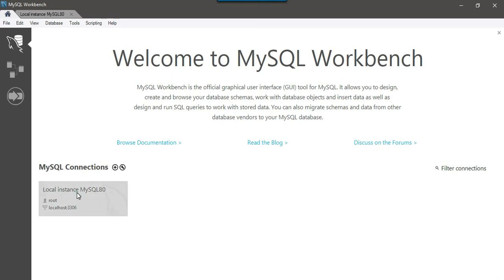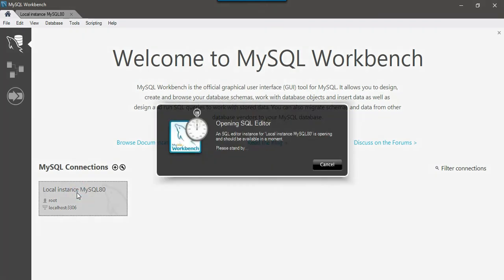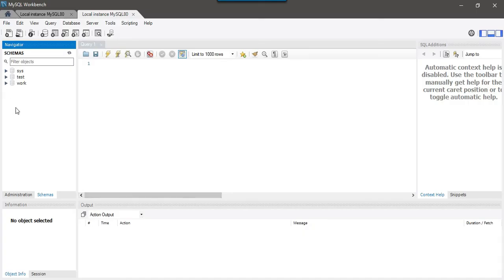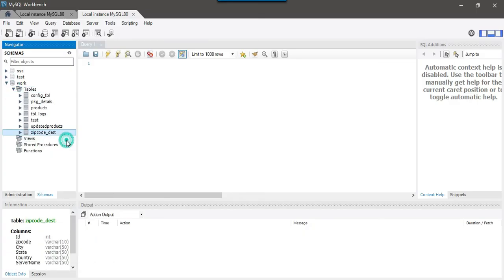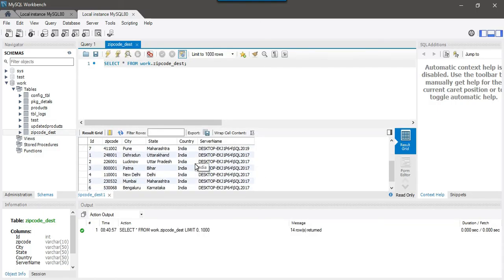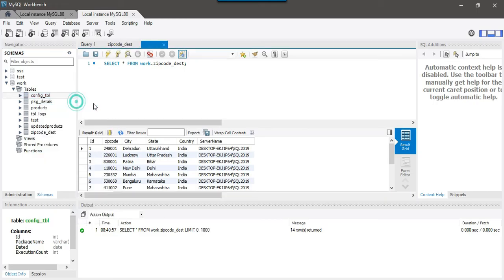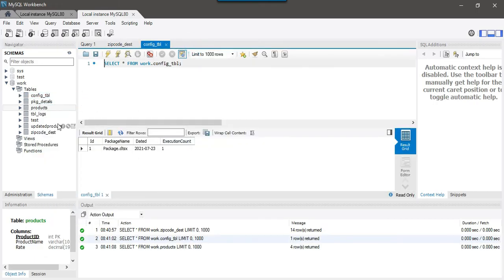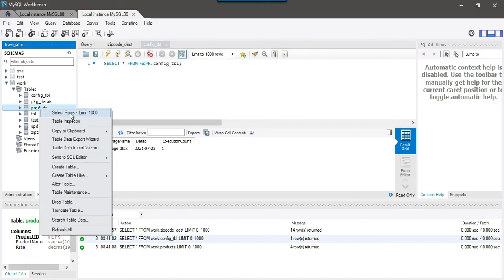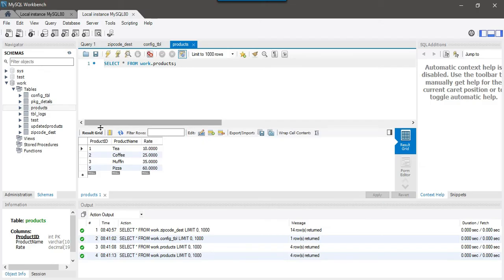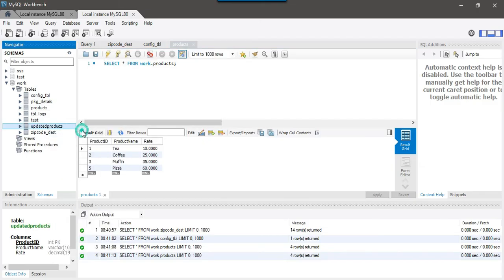If you open the MySQL databases, you should see that database here. You can see that there is a new database, the work database, that got migrated to MySQL from SQL Server. It was very quick, I did not even recognize it. You can right click and select the data from it. It seems like all data and tables got migrated from SQL Server to MySQL. It is pretty straightforward to migrate the database from SQL Server to MySQL without any errors.